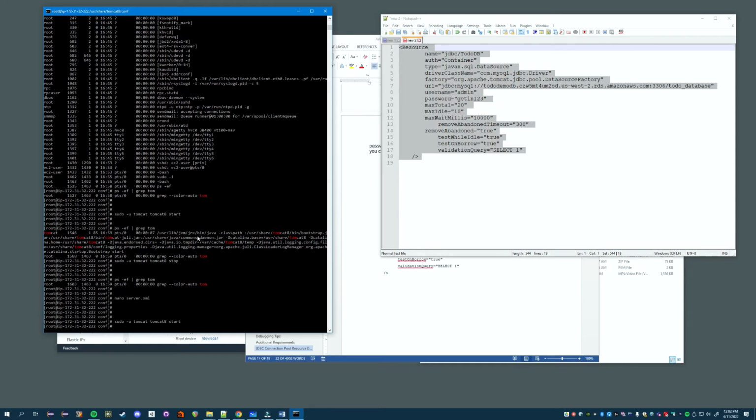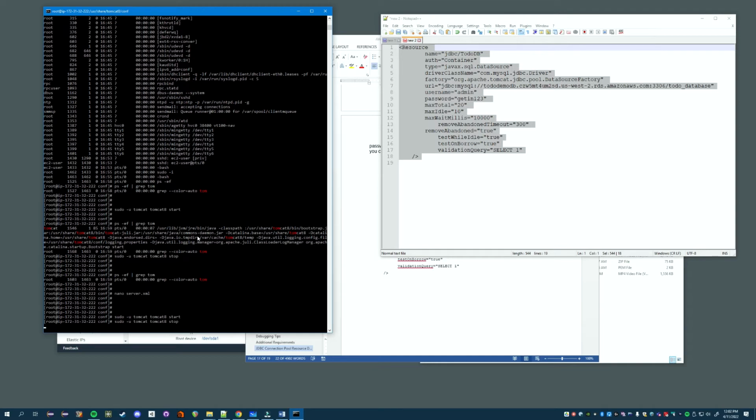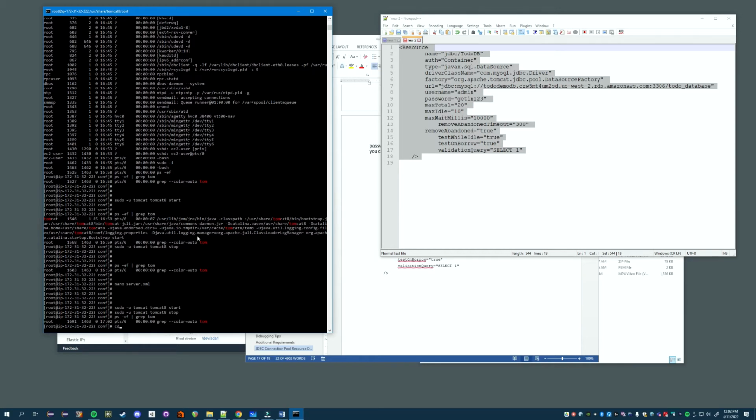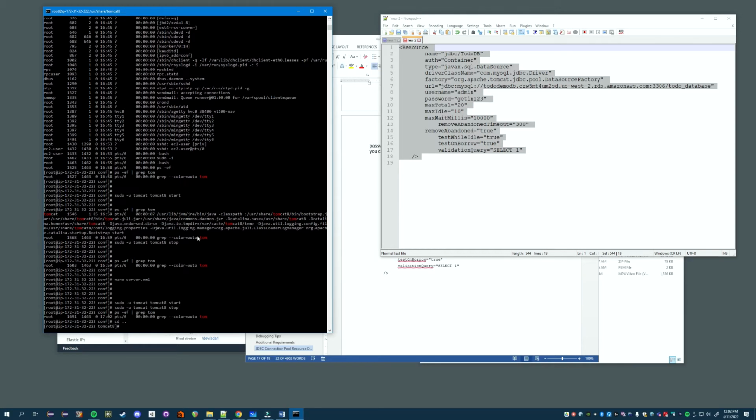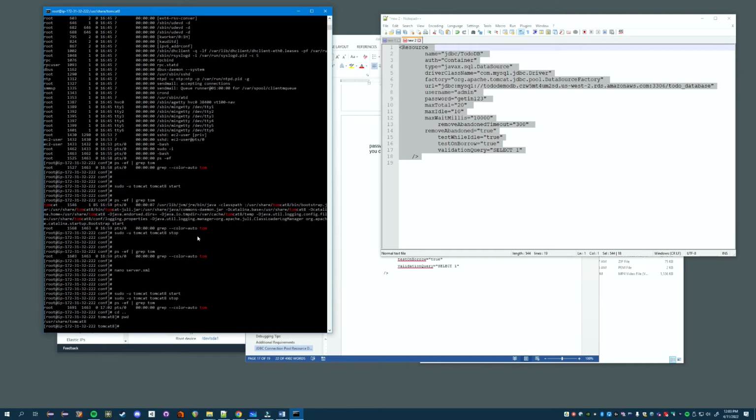Oh, I did something wrong. Forgot a step. Let's stop it again, and make sure it's stopped. Okay. This is more of a diagnostic thing. I'm 99% certain it started correctly, but here I am at share Tomcat 8